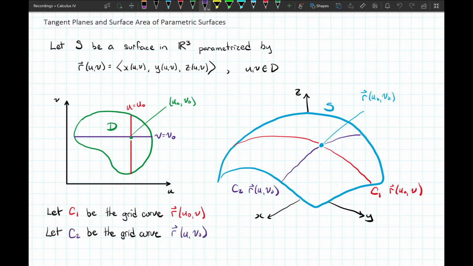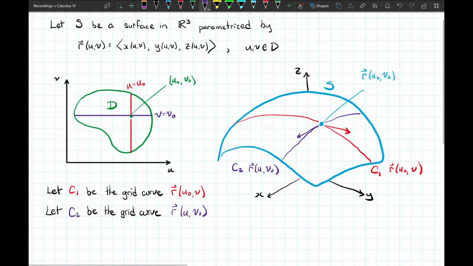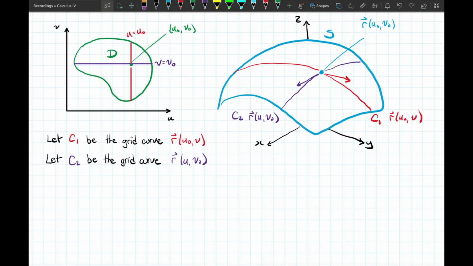Now, since we have two grid curves, we can start actually forming some tangent vectors on those grid curves. Let's say we have one for C1, and we'll have another tangent vector on C2, and with two tangent vectors, we suddenly can make an equation for the plane that is tangent to the surface at that single point. In order to do that, we'll look at C1 first,